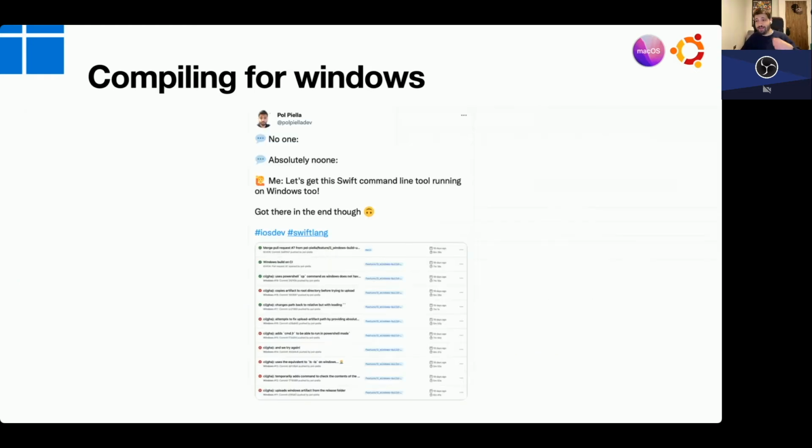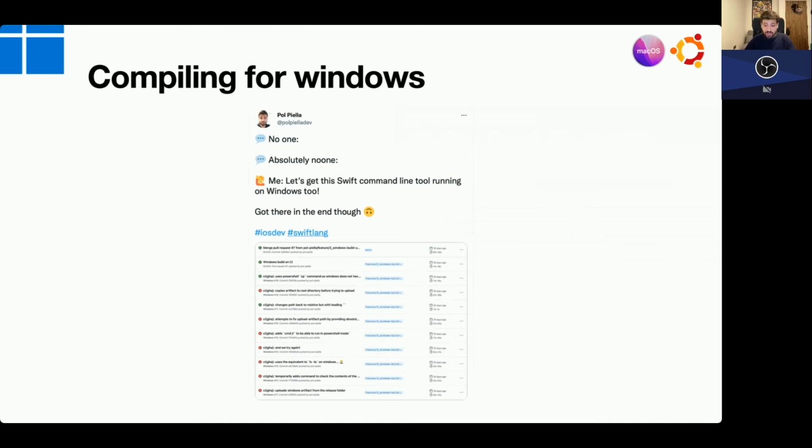And yeah, this is a frustrated tweet from me saying, let's get the Swift command line tool running on Windows 2. And as you can see on the picture, it failed a lot. I had to make a lot of changes, but it eventually got there, and I managed to get the 3 platforms working, and I managed to distribute my executable. And again, only using Swift. I didn't really have to change scopes or switch context. I just was able to use Swift for absolutely everything.